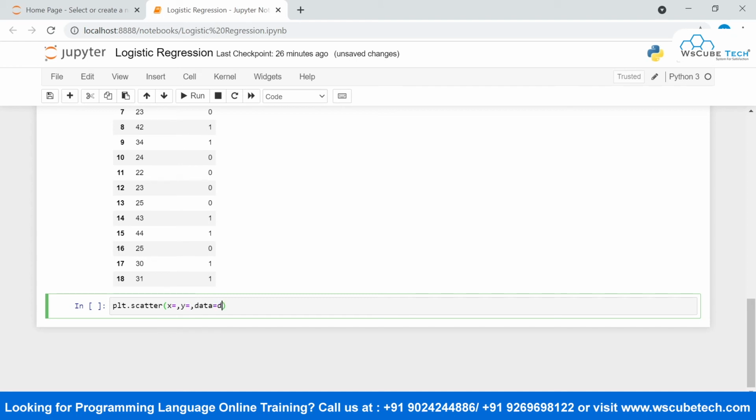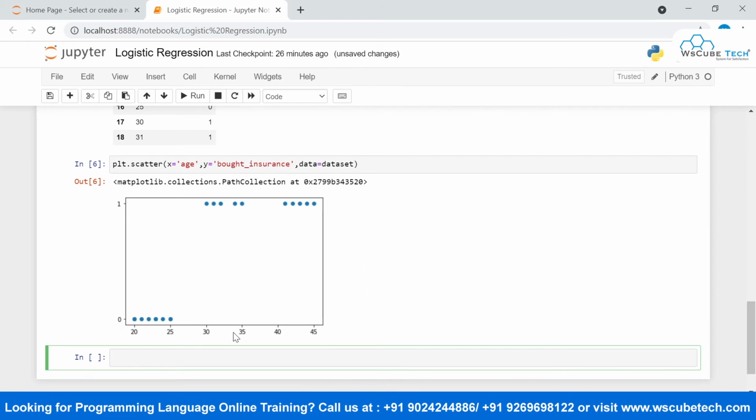The data is a dataset, and the x over here is our age. I want the age variable on my x axis, and on my y I want bought insurance. That's it. You can observe that this is the scatter plot that I got, and this was the exact diagram that I just showed you in my slides.